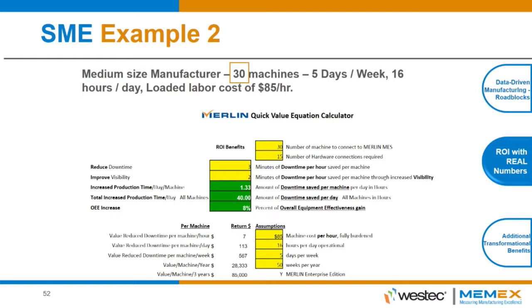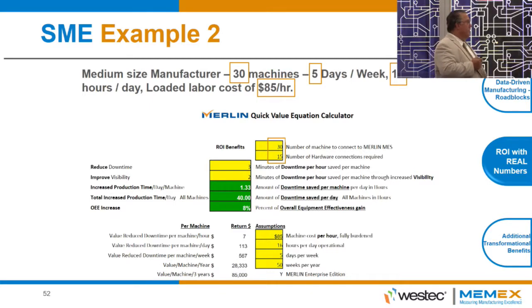Medium-sized manufacturer, same. This time we're going to look at 30 machines, 5 days a week. We're going to look at 2 shifts instead of 1. We're going to look at half the machines hardware, half of them software. We're going to look at the same incremental 8%, 3 minutes and 2 minutes per hour per machine incremental increase,